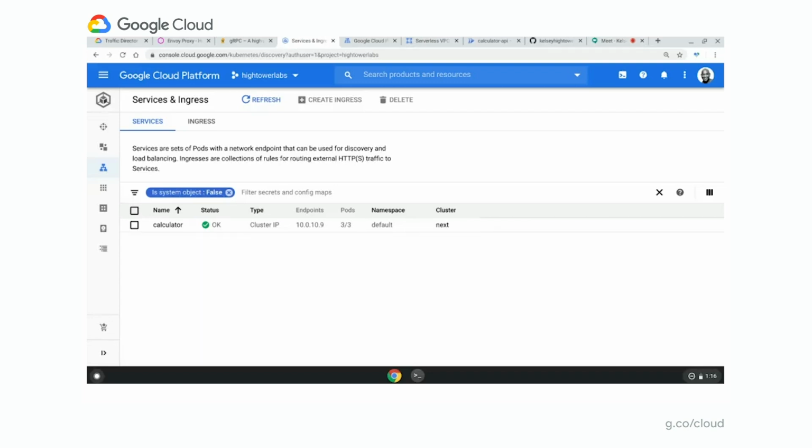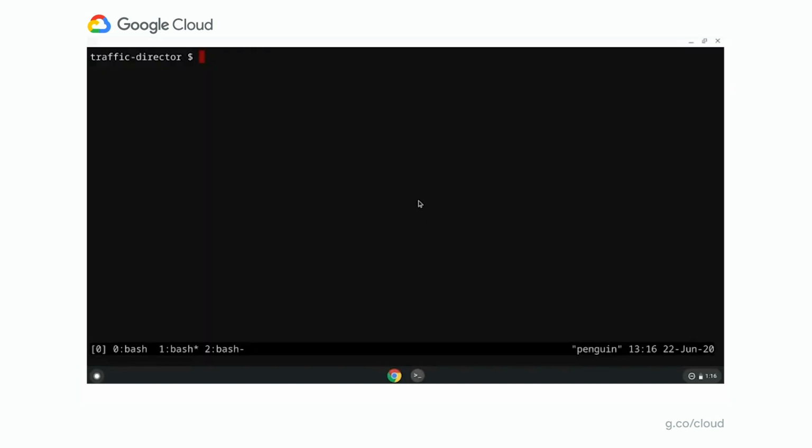So before we do that, we need to make sure we understand how the calculator app actually works. The thing you have to keep in mind is we're not going to change the way we write code here. For example, I can write a standard gRPC application and test it on my laptop. So let's do that now. I'm just going to cd into this calculator directory. This is where the source code lives. And here's the server instance. I'll just go ahead and build that really quickly